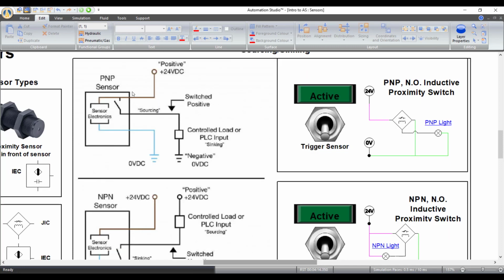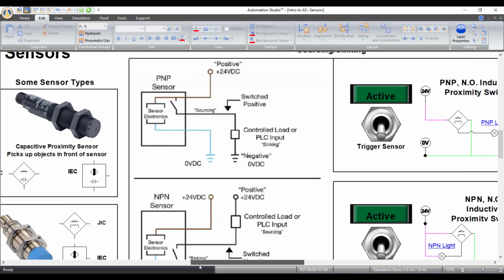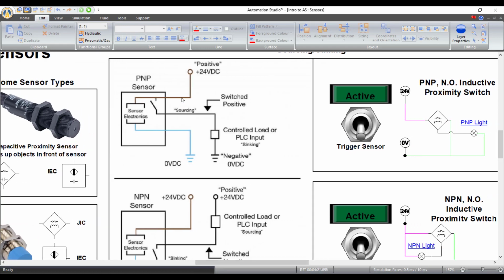So right here in this picture, with these sensors, they'll have at least 3 wires hanging out of them. One wire will be brown, one black, and the other one blue. There will also be a symbol with them that looks like this. They'll have a little symbol where there's a box. That's the load. So for instance, this PNP sensor, we have to wire our brown wire to positive, and then our black wire is our signal wire. That will basically go to the load, so that'd be powering the load, and then the load goes to ground,